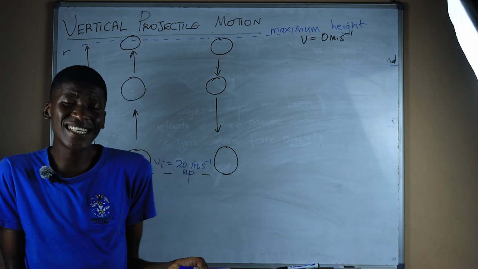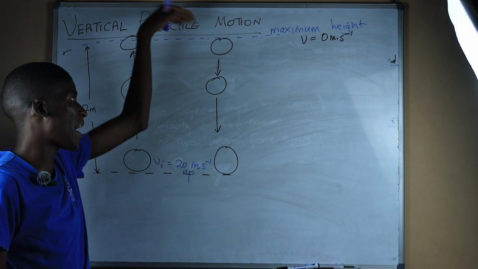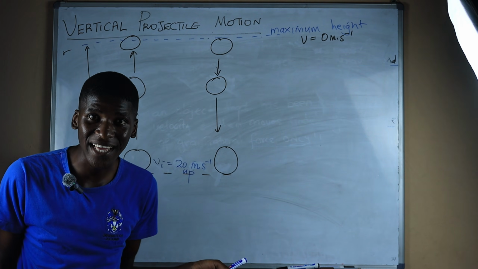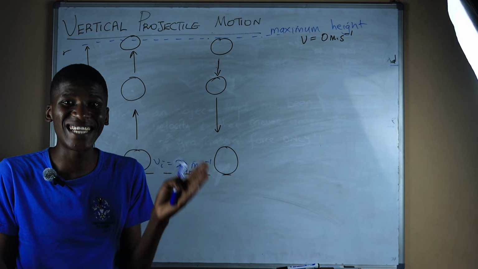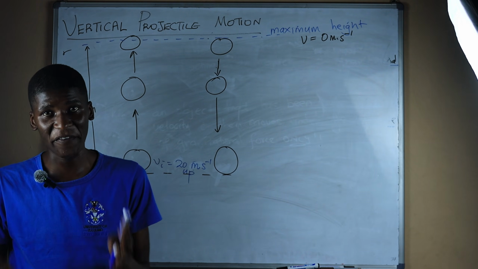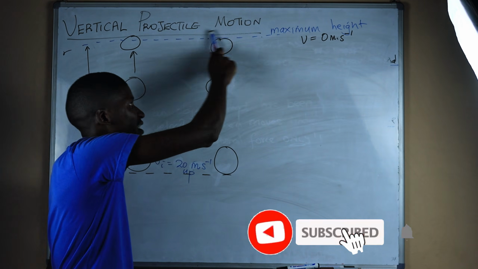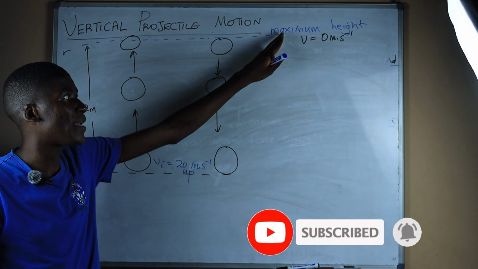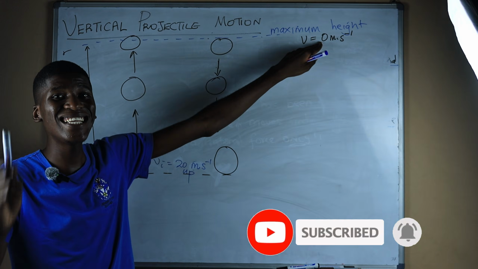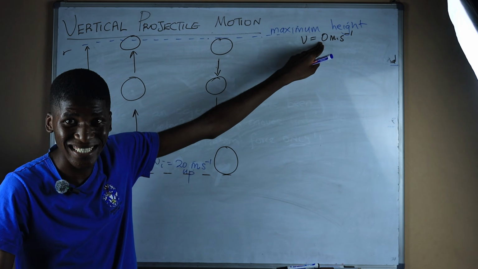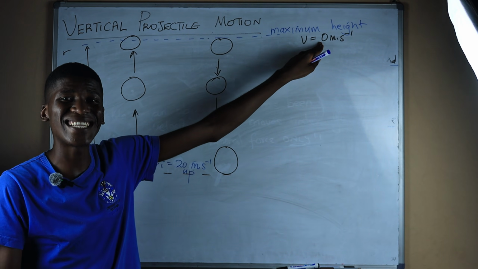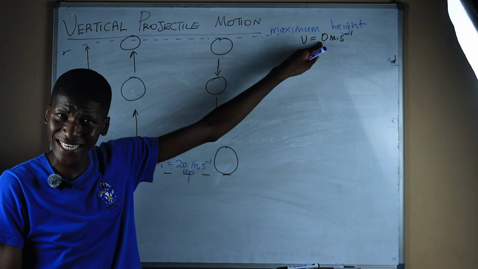Yes, because basically this object cannot go up and come back down again without stopping, right? I mean, for you to be able to change direction, you need to stop first. It was going up at first and it reached a maximum height. And when it reached the maximum height, its velocity is 0 meters per second. And then it came back to where it started.